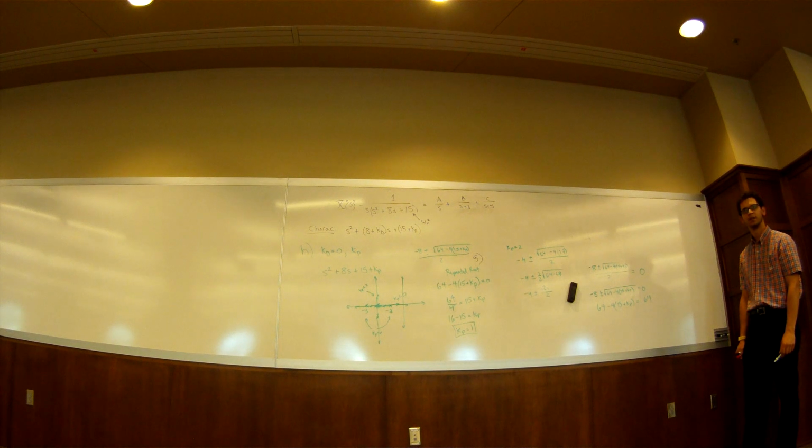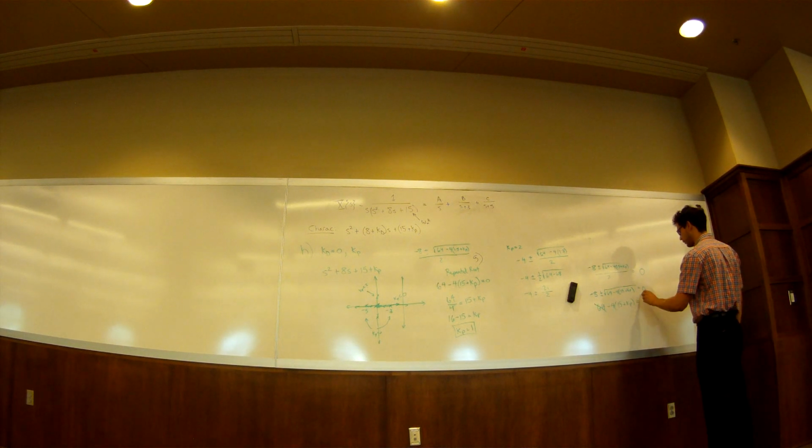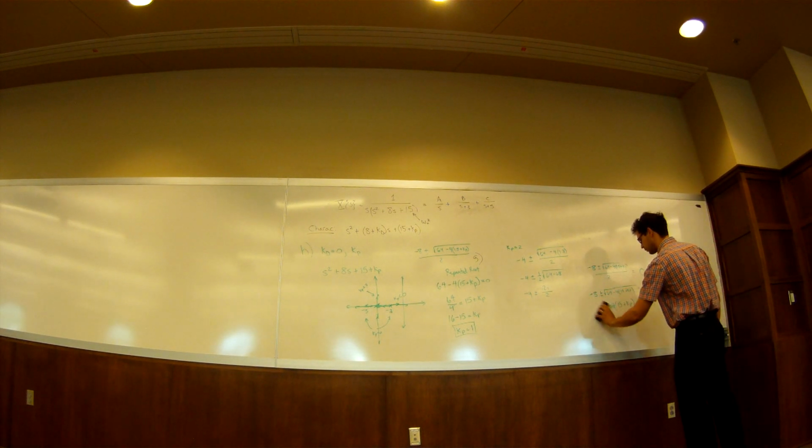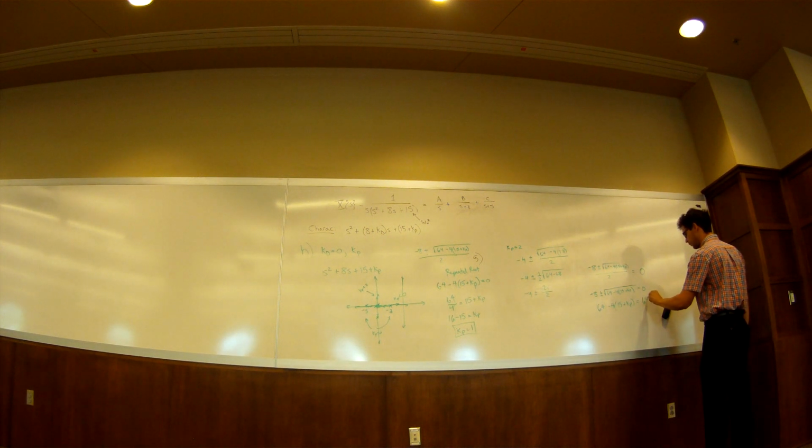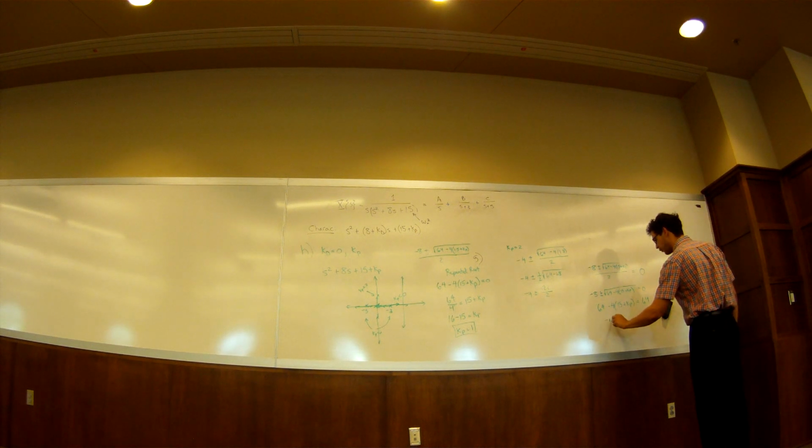Still with me? The 64s will cancel. They don't actually cancel, my bad. If you pull 64 to the other side, you get a 0. So you get -4